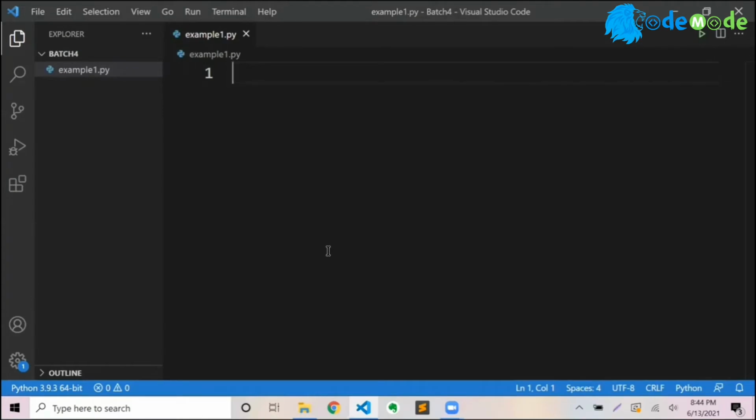But it's much better than Notepad because you can do several things that are a little hard to do in Notepad, and it will take more time to do it in Notepad. So let's take our first code. Once you have Visual Studio Code editor set up, your example1.py, I'm going to simply type print